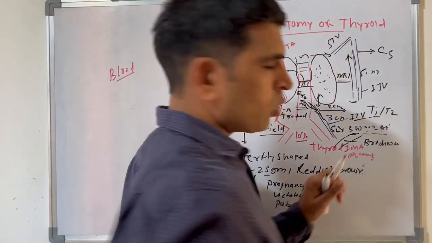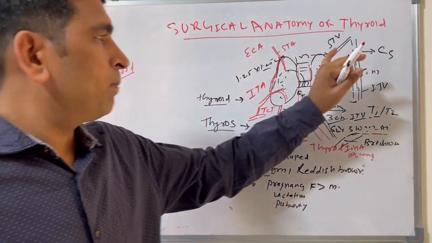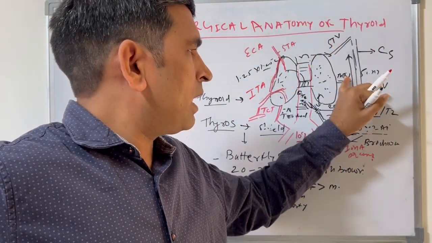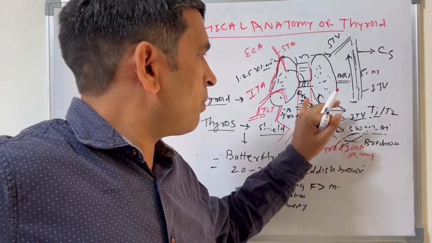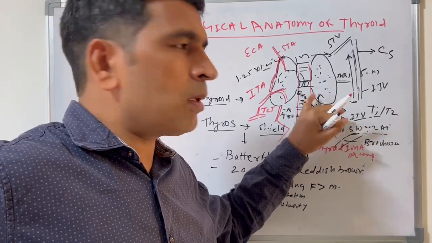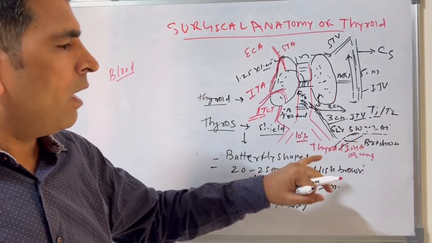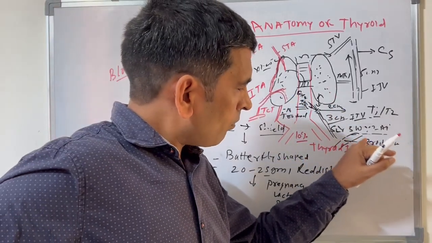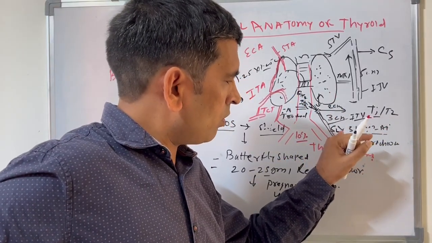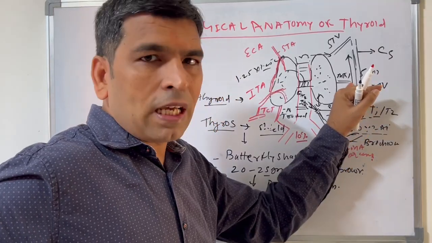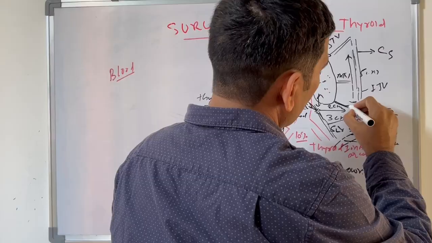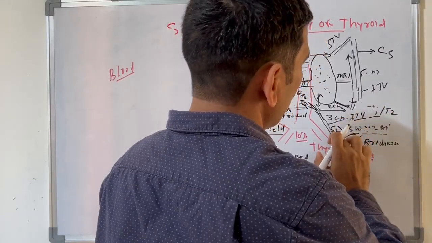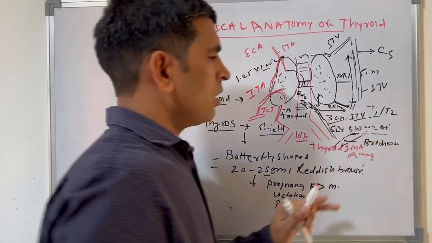Brachiocephalic vein. So there are three veins: superior thyroid vein, middle thyroid vein, and inferior thyroid vein. This inferior thyroid vein forms the plexus in between the two lobes. And between the inferior thyroid vein and middle thyroid vein, sometimes, in about 10% of cases, there is a small vein, which is the